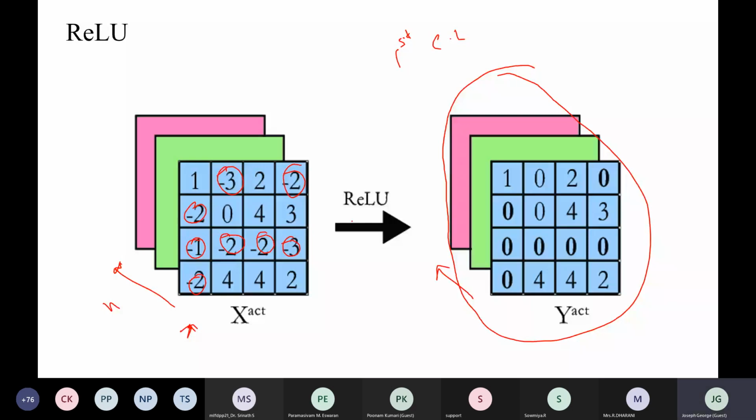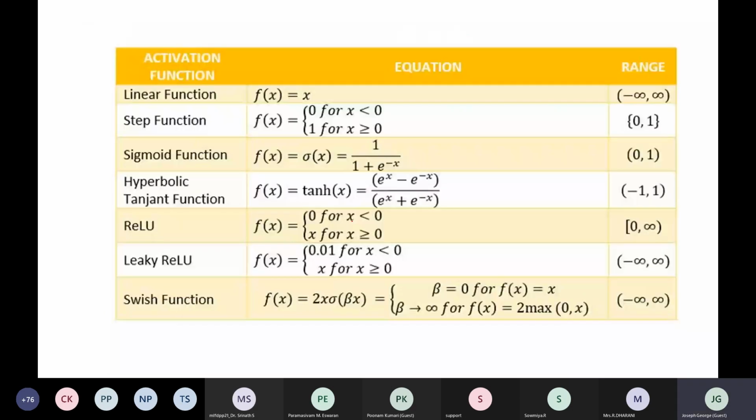Some of the activation functions are linear function, step function, sigmoid function, hyperbolic tangent, ReLU, Leaky ReLU, Swish function. We have some different activation functions, and these are the equations. We need these equations because during backward propagation, we need to find the derivative of this function in order to update the weights.